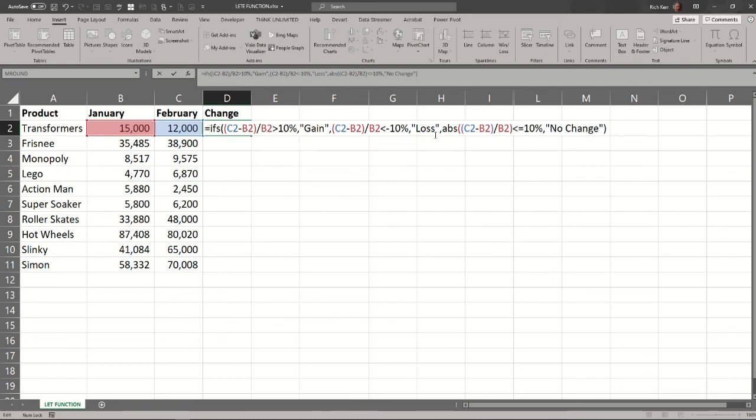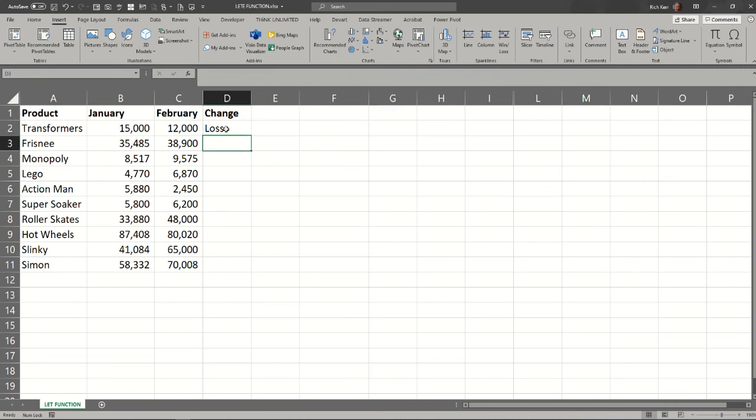So let's evaluate this. If the change from January to February is greater than 10%, we're going to put the word gain. If the change is less than negative 10%, we're going to put the word loss. And if the absolute value, meaning it could be plus or minus, is less than or equal to 10%, then we're going to call it no change. When we hit our enter key, we see we call that a loss for February because we went